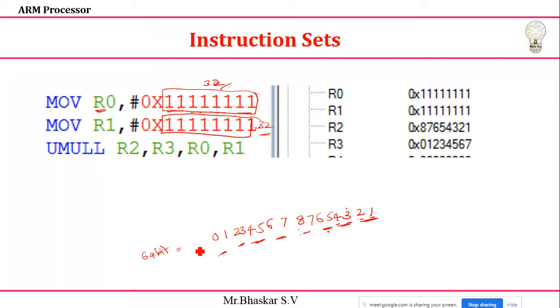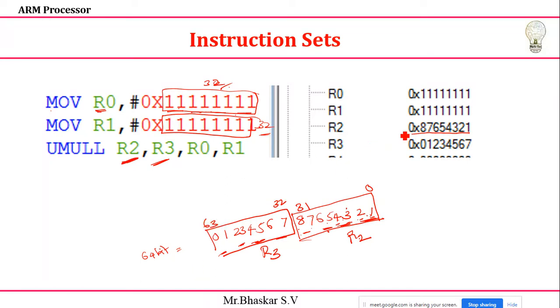But how will it be stored? First the lower word, the lower 4 bytes, you can see first 1, 2, 3, 4. This completely will be stored in the first register, the LSB register. Now you can see R2 is my LSB register. This R2 register will store 8 7 6 5 4 3 2 1. Next, the complete upper word will be stored in the next register, R3. So this is 0 to 31 bits and 32 to 63 bits.